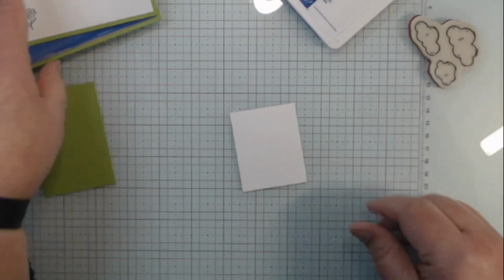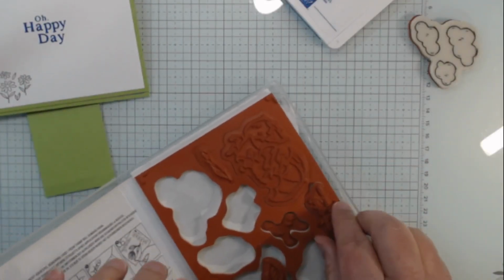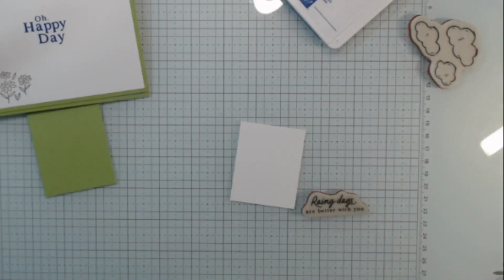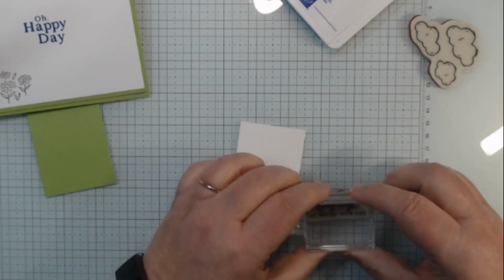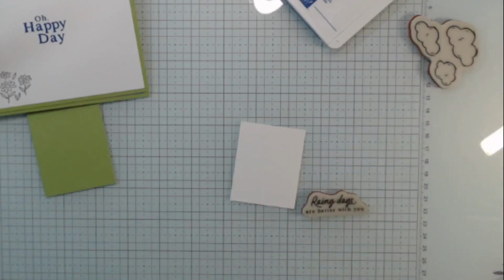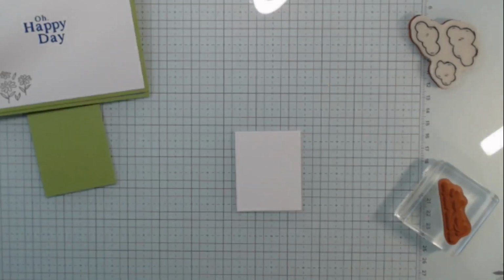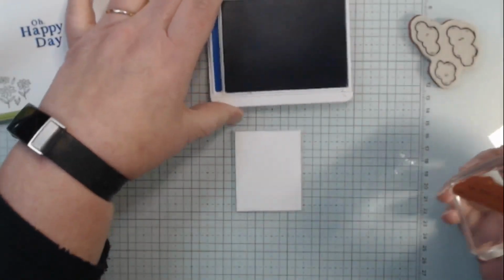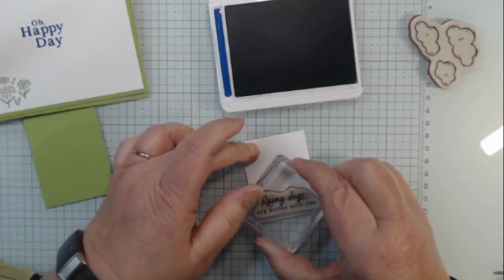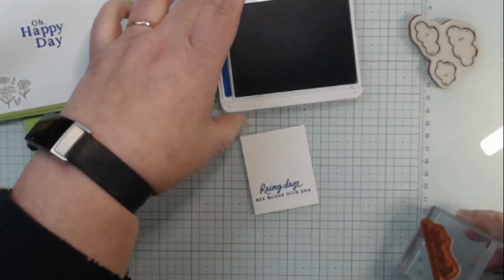Okay, so I'm going to use this Rainy Day Friends in Blueberry Bushel. I guess I need one that's a little bigger. Rainy Day Friends are better with you. And then,